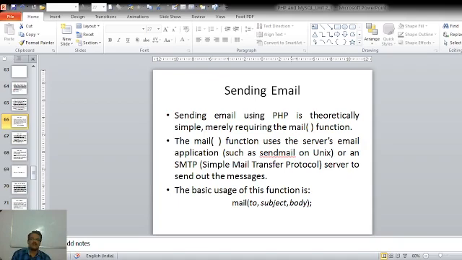Now the basic usage of this function is the mail function, and in brackets there are three parameters. There are some other optional parameters also available, but these are the three parameters that we require in order to send the email. The first is to whom to send the email. The second argument is the subject of your email, and the third argument is the body, that is the main message of your email.